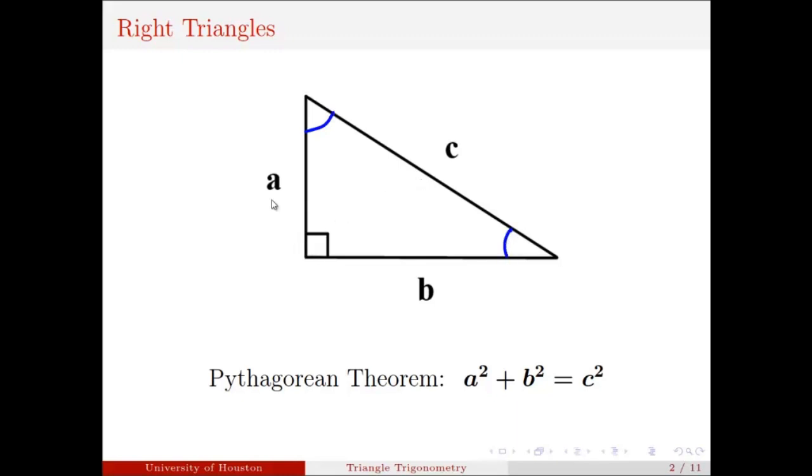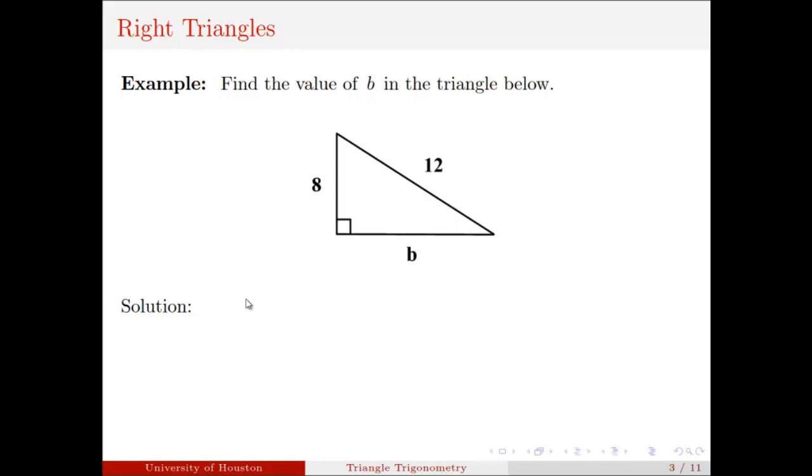An important relation among the side lengths of a right triangle is the Pythagorean theorem, which states that a squared plus b squared equals c squared. As an example, let's find the value of b in the given triangle. By the Pythagorean theorem, we have